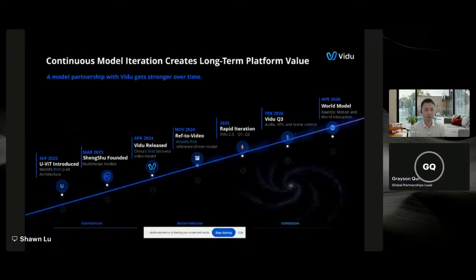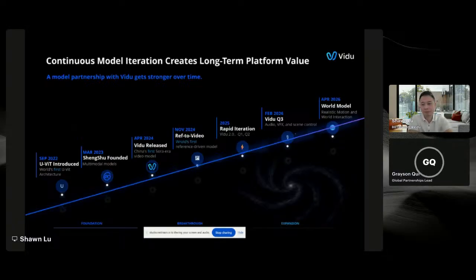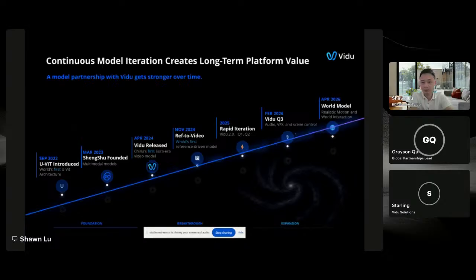It became a lot more intense, of course. Everybody must know. And for Vidu, we knew that the market needed a lot more robust models to help them generate content. And this is where Vidu Q3 is going. And in 2026, we have a lot of ideas as well. But today we'll just focus on where video is going, and specifically, we are going into world modeling, and this is something that allows you to create a realistic motion and world interaction within the content that you create with video itself. Sean, next slide, please.